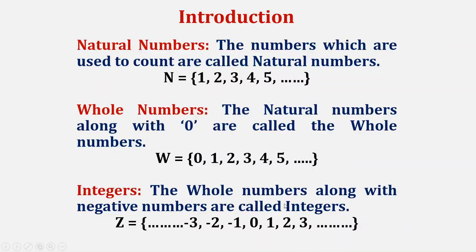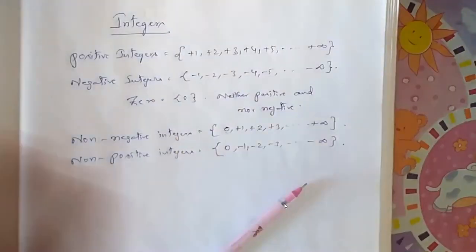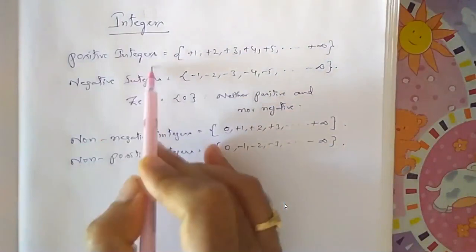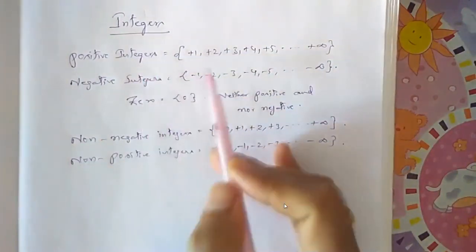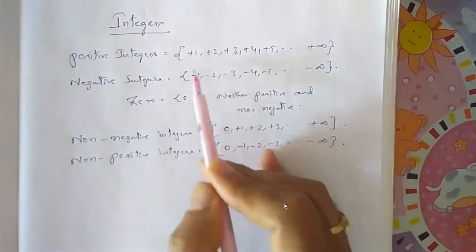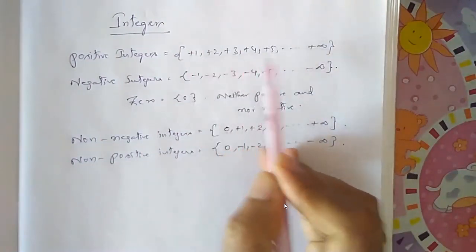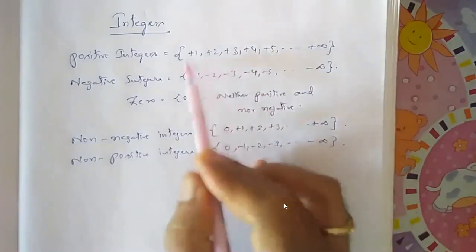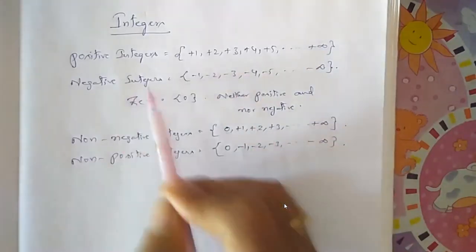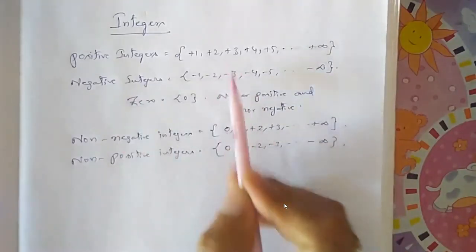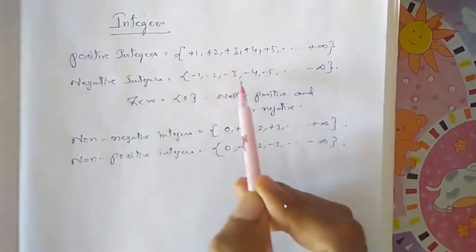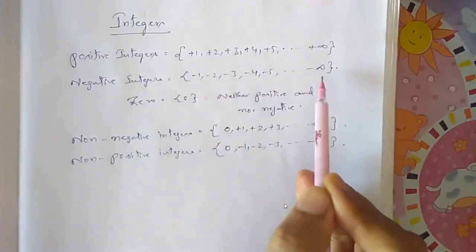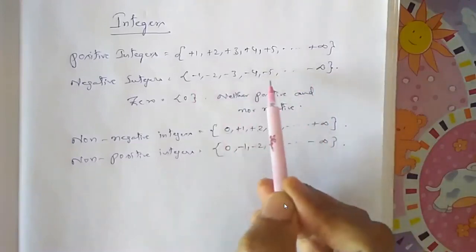So integers generally we can subcategorize into 5 types of sets. So observe here. So first one is the positive integers. Positive integers are, we know that all positive numbers which are plus 1, plus 2, plus 3, plus 4, plus 5 and up to plus infinity. This is the set of natural numbers itself. So all natural numbers are called positive integers. Next, negative integers are which are annexing to the whole numbers. That set which is minus 1, minus 2, minus 3, minus 4, minus 5 up to minus infinity. So this is the negative number set of the integers.